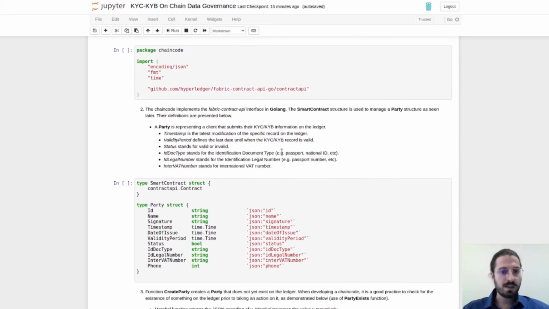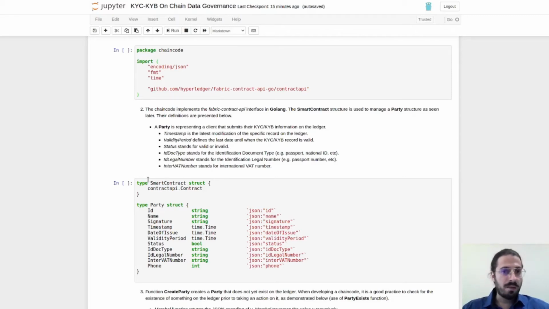In our case, we define the party, which is the user client that submits their KYC and KYB data, and each of the fields represents specific data. And of course, the smart contract structure that brings this API and helps implement it inside the chaincode.